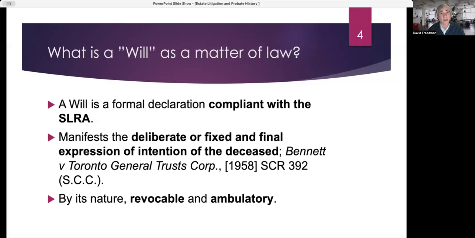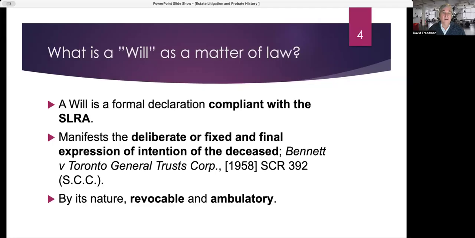And that's a real major change in the law. But for our purposes, we can just say that a will is an instrument that has to be made according to the formalities provisions of the Succession Law Reform Act. Beyond that, what we really are testing when we consider whether wills are valid or not is whether this document